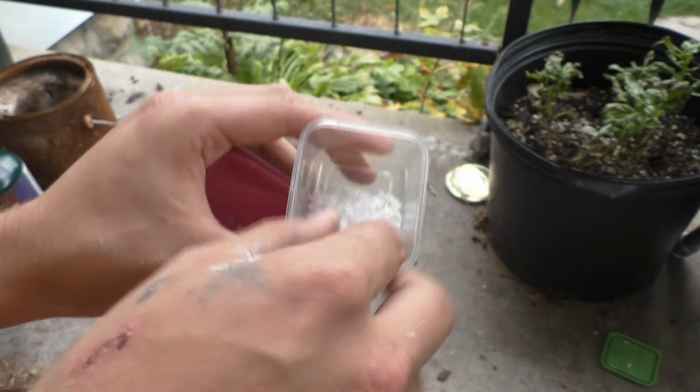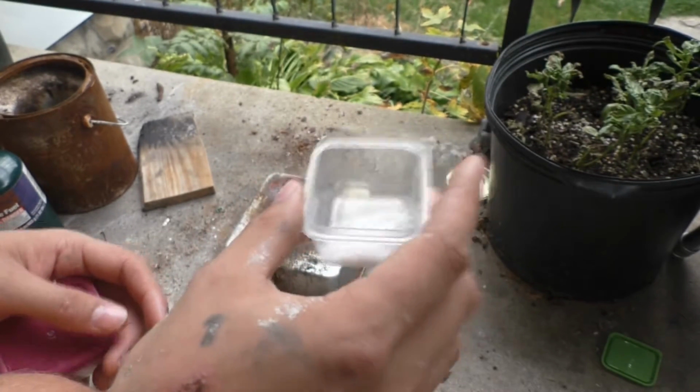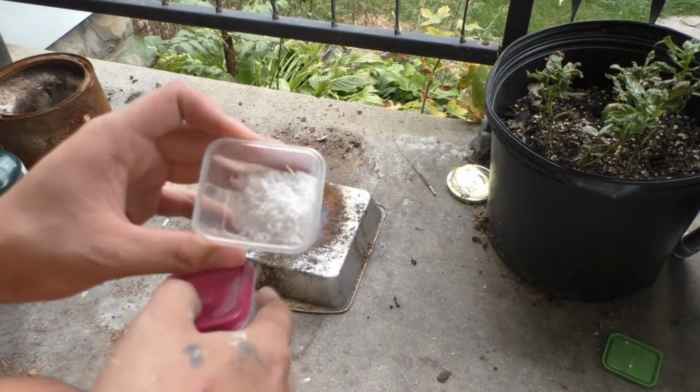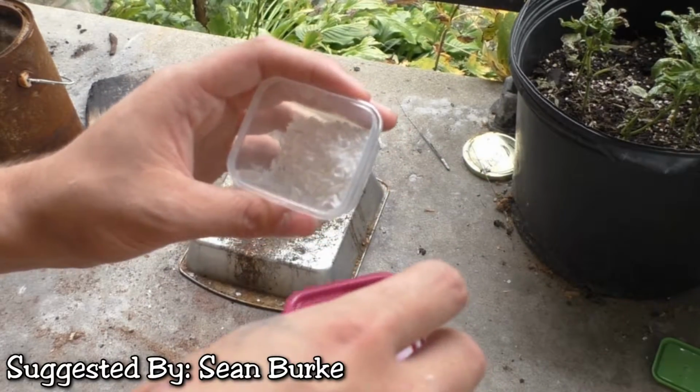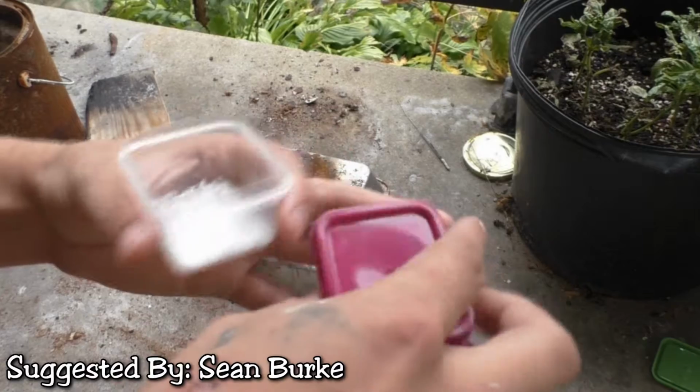So we have these flakes here. I could not get it any better for the life of me if I tried. So this was suggested by Sean Burke. Thank you very much for your suggestion, and if you guys have your own suggestions, please leave them in the